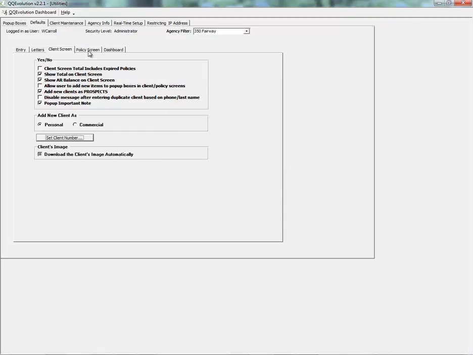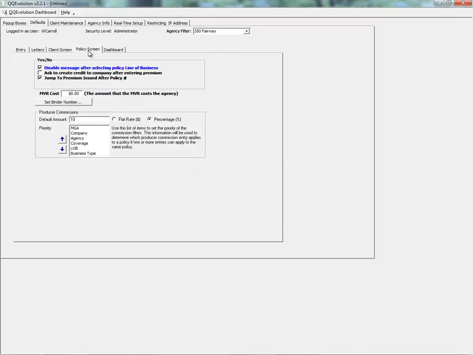Our next tab over is defaults for the policy screen. Again, we have a couple of these yes/no options here to choose from. So we can tell the system to disable the message it displays after selecting a policy's line of business. We can ask the system to create a credit to the company after we enter the premium amount. And we can ask the system to jump to premium issued directly after we enter the policy number if we prefer. You can include the MVR cost to your agency if that's applicable,